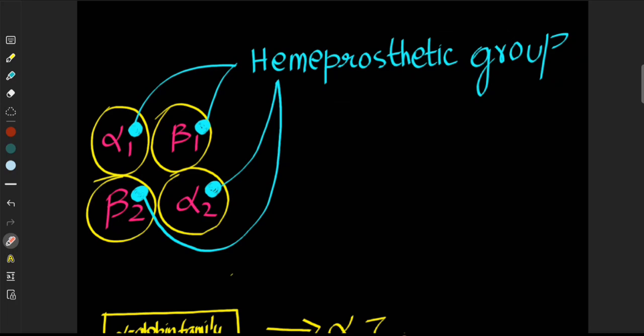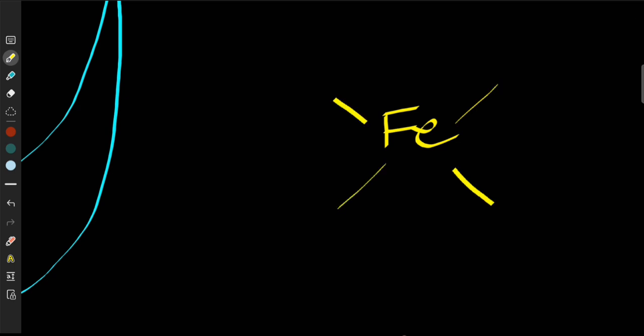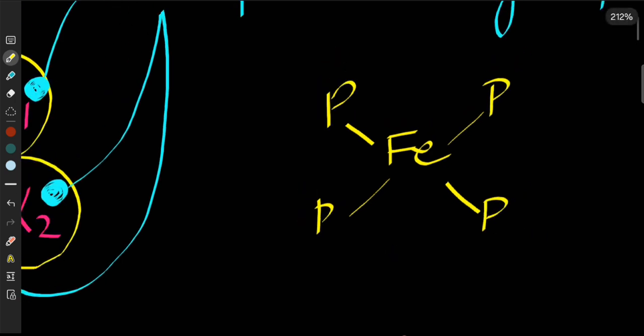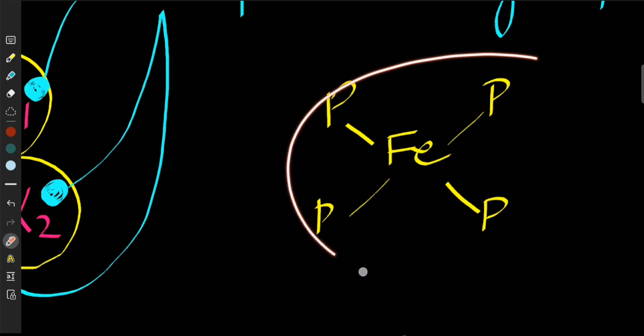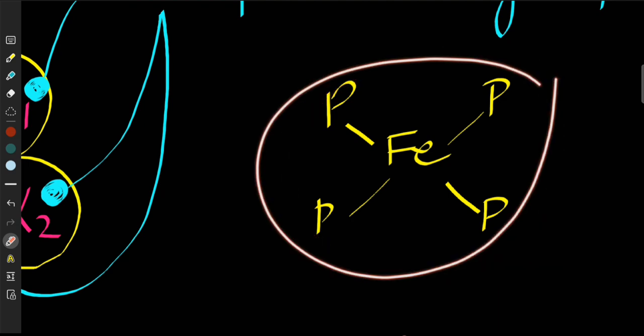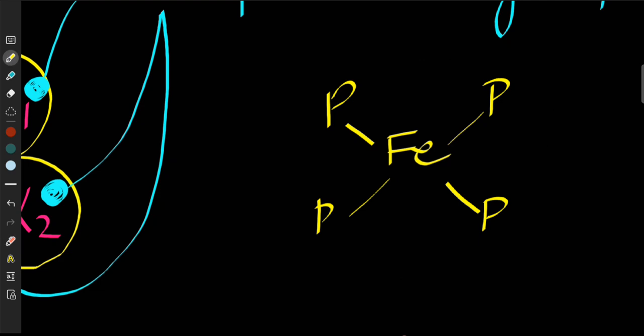Now, a heme prosthetic group, if I just have to tell you very briefly, contains an iron. I'm going to write P for pyrrole. So an iron will be present in the middle, and it will be connected to 4 pyrrole rings. This structure is known as the porphyrin ring, and then there is a possibility that the iron will form